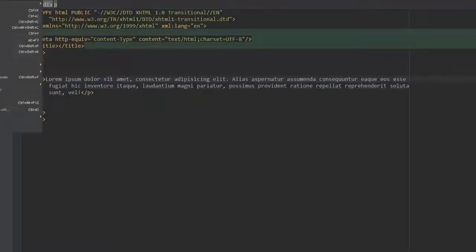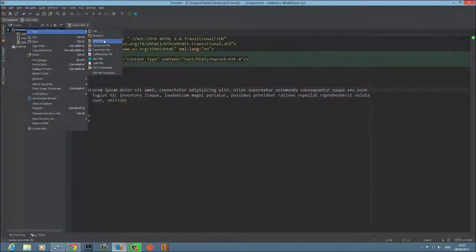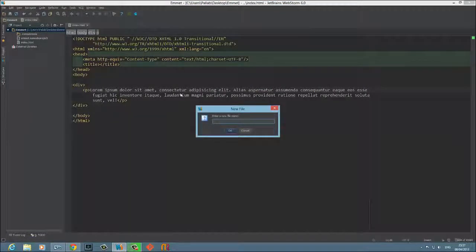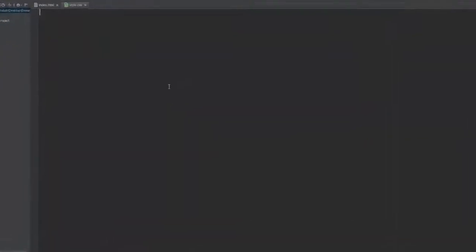So what I'm doing, I'm creating one CSS file. This is my CSS file. First of all, I'm going to write body, and inside that body I need a background. So just simply typing bg and then tab, it will give me a background. I need a color of, say, 555, and then